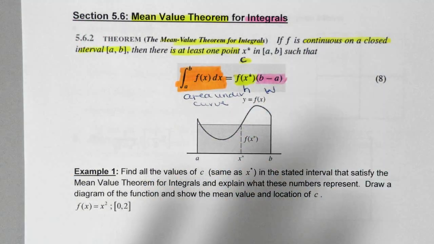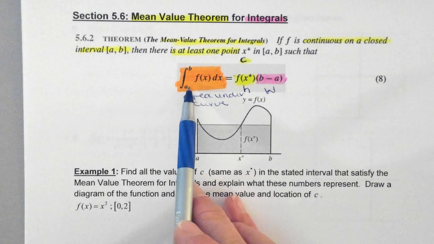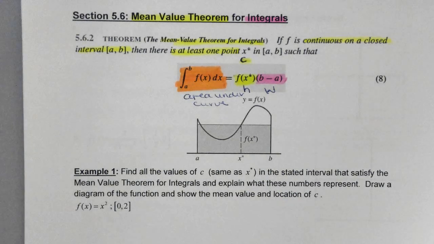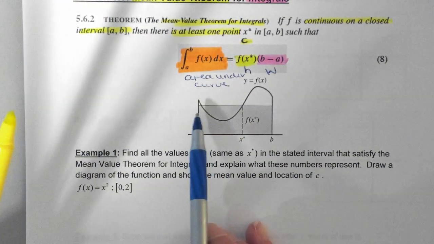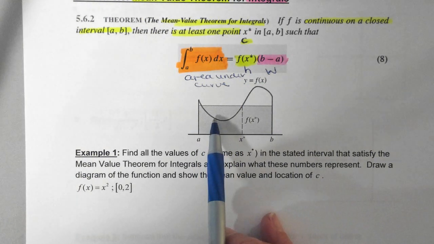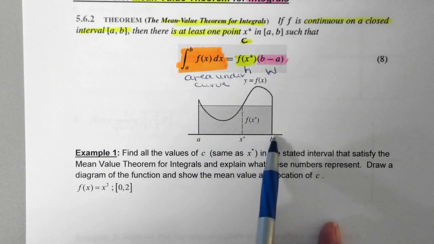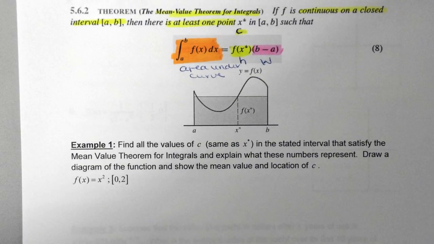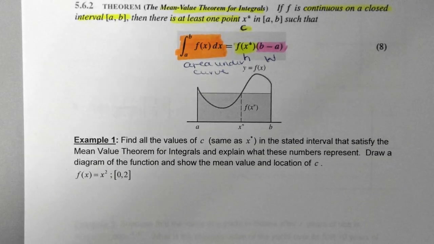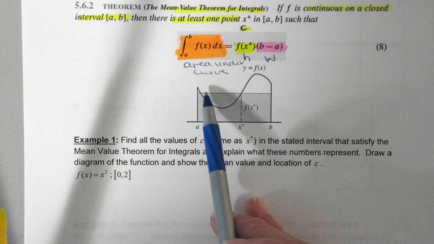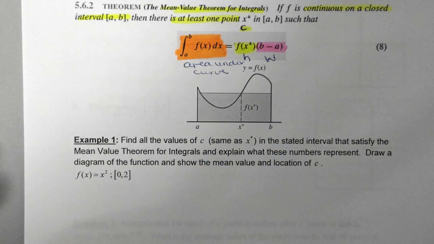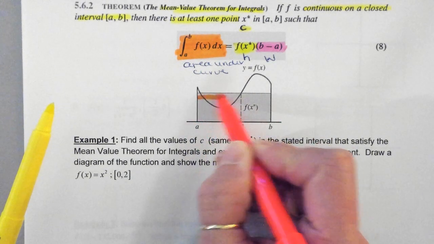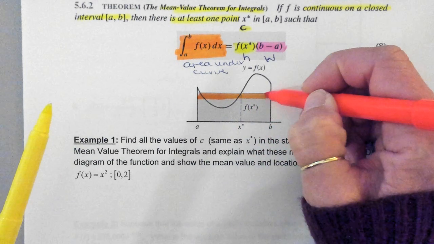Okay, so this is really nothing new. Right now we're just putting it together. We're saying that the area under the curve would be equal to the height times the width, or the width times the height. It's the same thing. Okay, so what we're saying is, if we had, and I gave the example of a fish tank where the surface has not been bumped, this would be completely flat and would be nice and easy for us to find the area under the curve. But then along comes your little brother, your little sister, and they're messing around and they bump the fish tank, and then you've got these huge waves. We still want to be able to calculate the area under the curve, this right here, as a rectangle,